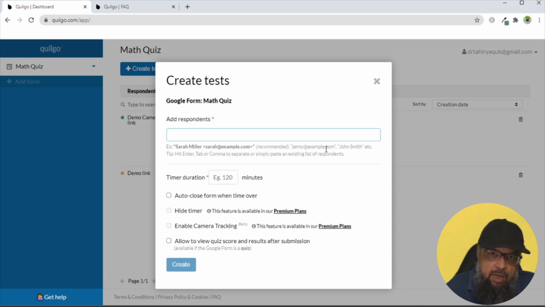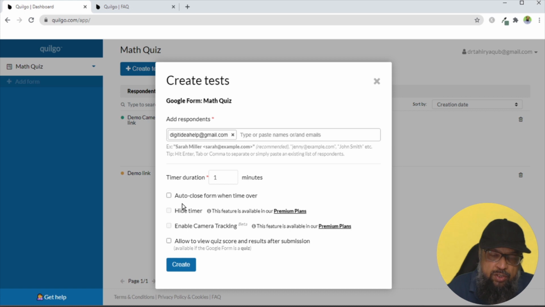Within the quotation marks, then a comma, then you can use either a name or the email, both ways, but you have to put quotation marks and comma inside if you are adding more students. I am only adding 1 student, which is my own account, and now I want to set this timer to 1 minute. Now if you think that your students are too young, they might forget to submit their answers before